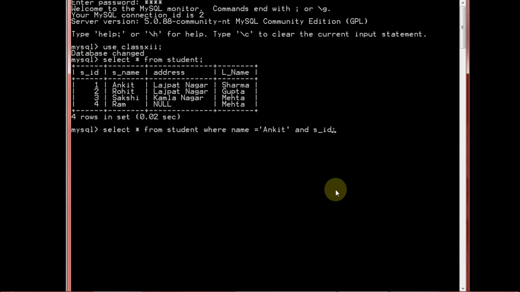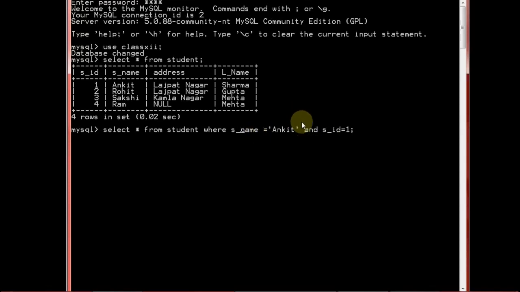SID equals 1. So what do I want to check? I want to check the condition and show the record of the student whose S name is Ankit and SID is 1. That means it will show you the records when both conditions are true.